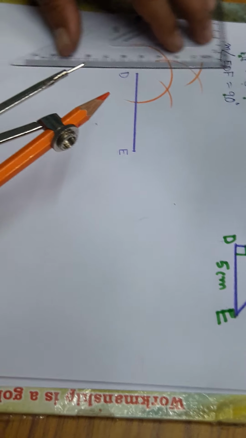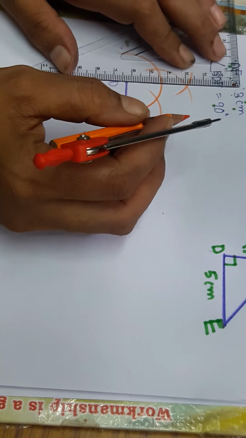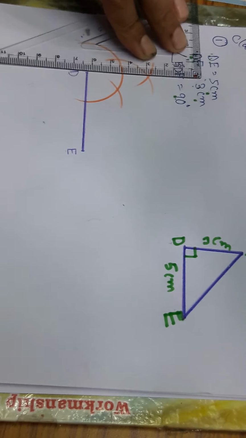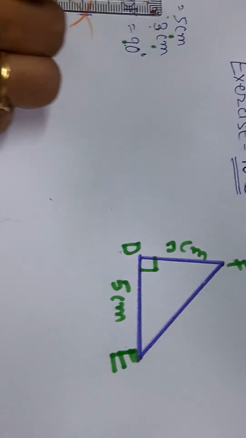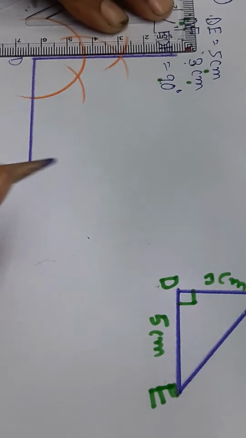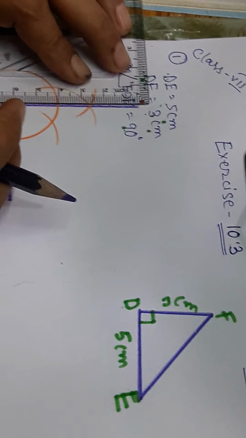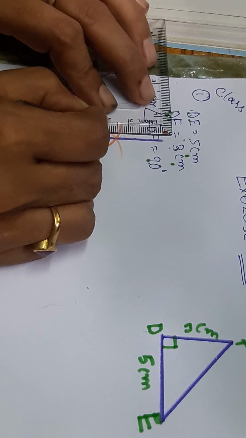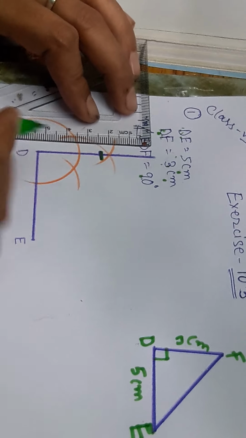Now I will join that intersection point with point D on that line segment. You can enlarge this to any length. Here I am joining this one. Okay, let's join it. And what is the length that has been given for DF? It is equal to 3 cm. So let's measure a 3 cm distance. You can use your compass to measure that length also. Here I have got the 3 cm length. I have marked that point. This is the point which is 3 cm away from D.